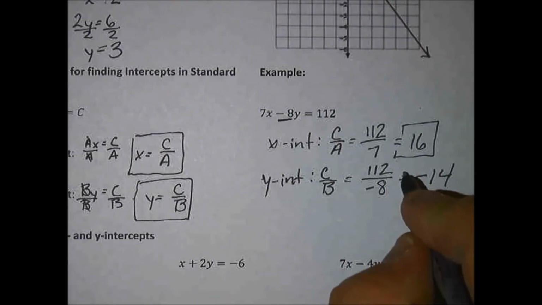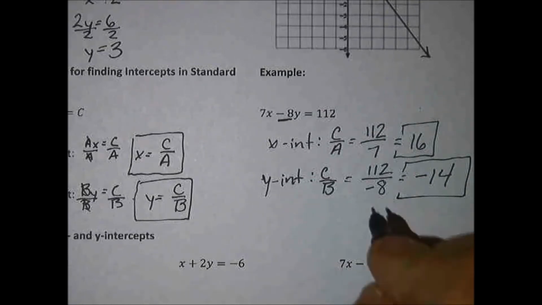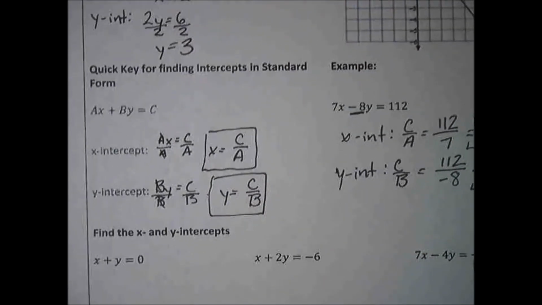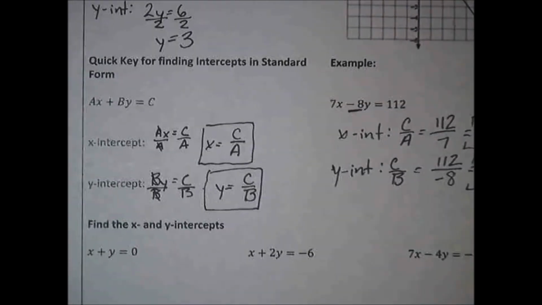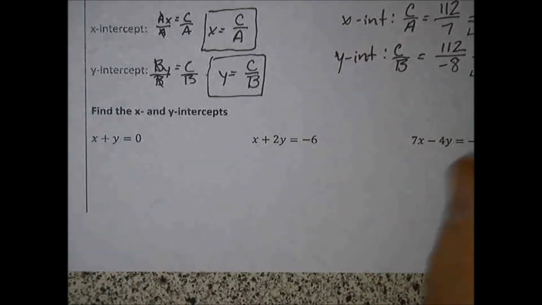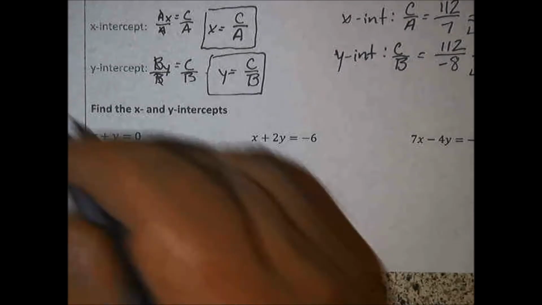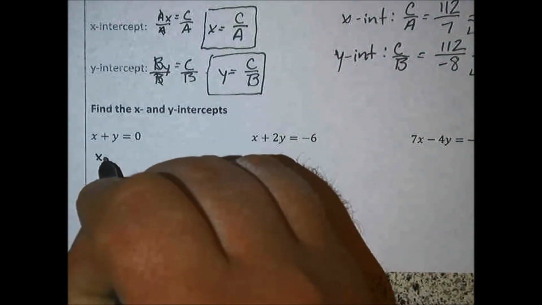We're going to spend a little bit of time here just finding intercepts, and then we'll go on to graphing. Let's go ahead and get these 3 problems down here at the bottom done. Maybe I'll do one and let you do one, or I'll do 2 and let you do 1. That sounds pretty good. We'll find the x and y intercepts. X-int